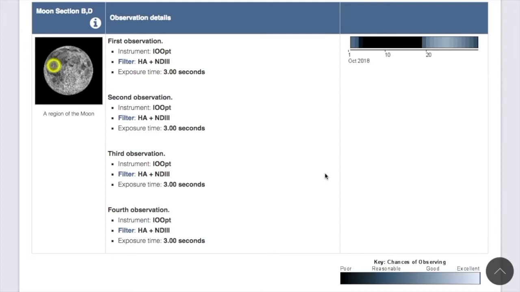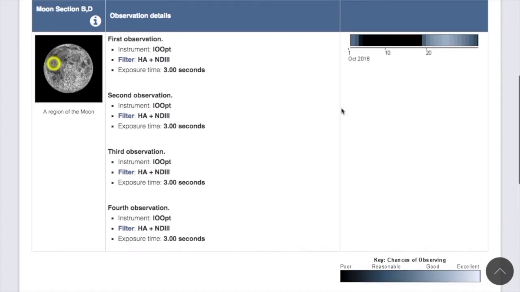And you can see here the 4 observations are ready to go off to the telescope, together with a little colour bar on the right-hand side, showing when the observations could be taken. This is essentially when that part of the moon is illuminated during the night. So in this particular case, it will try immediately, but there'll be a gap for a week or two in the middle of October where that part of the moon isn't illuminated, and so it can't be observed.